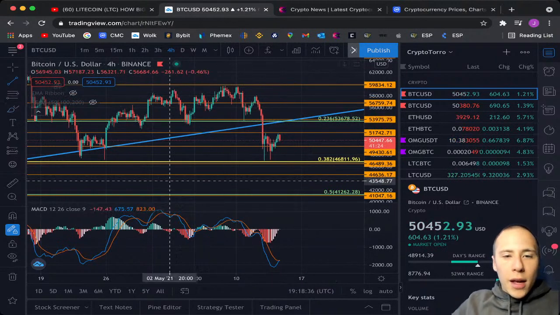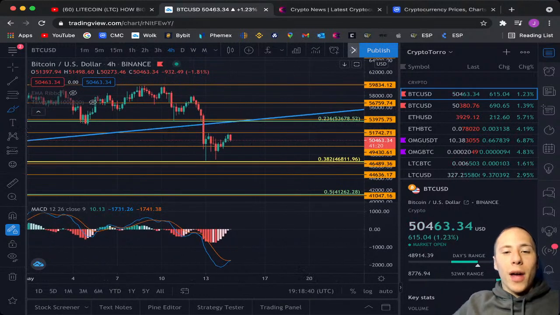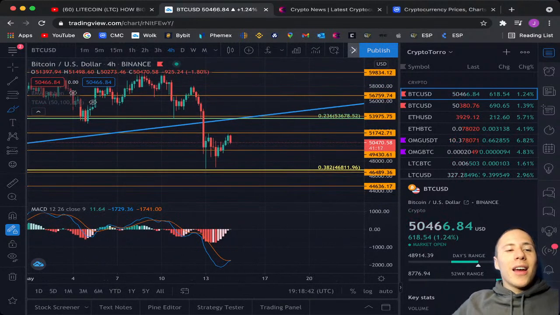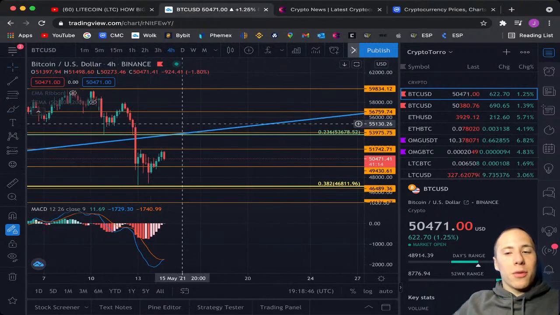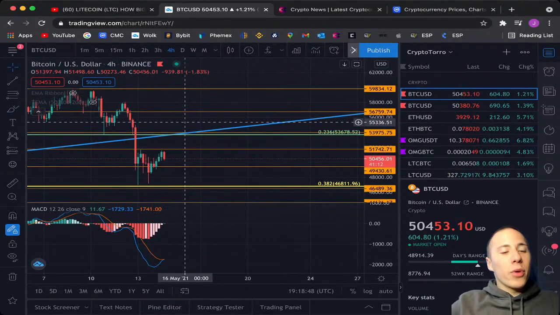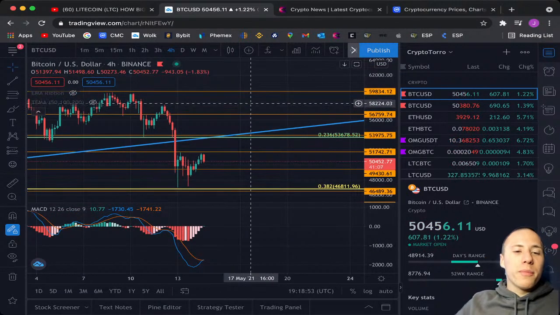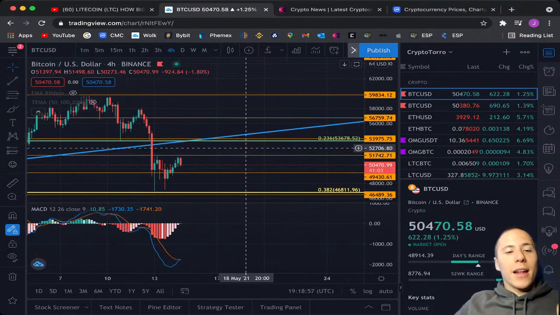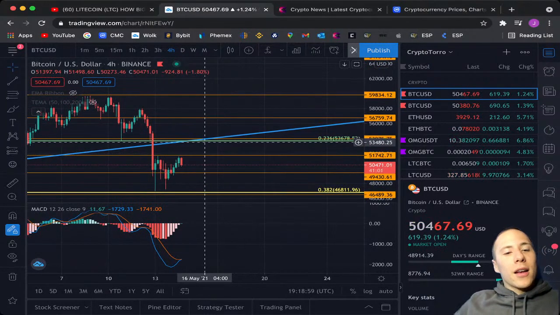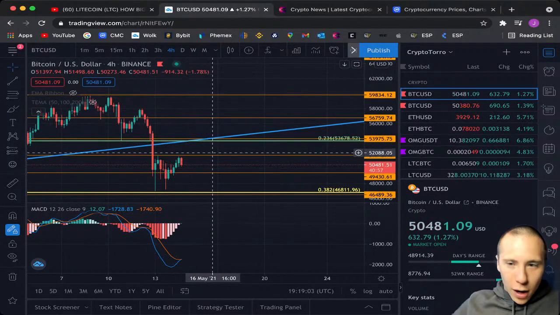Sorry for that. This level over here, and I'm just very curious when this will happen. It's not a question of if this will happen, it is just a question of when, because I'm really bullish on Bitcoin. I really believe in the cause, and I think that just one individual won't be able to manipulate this bull trend, and Bitcoin will be going up very shortly in the upcoming days.